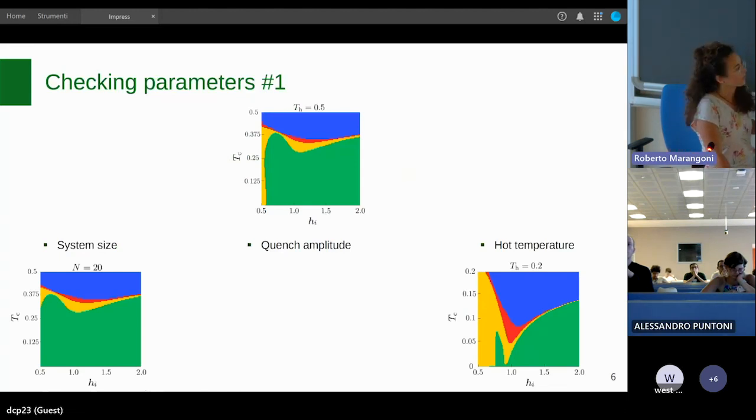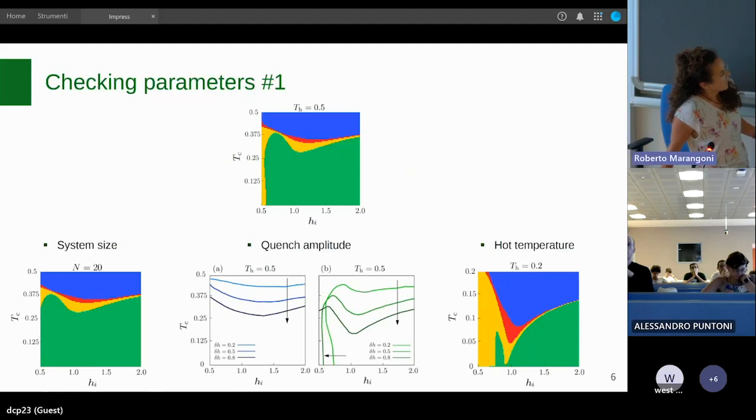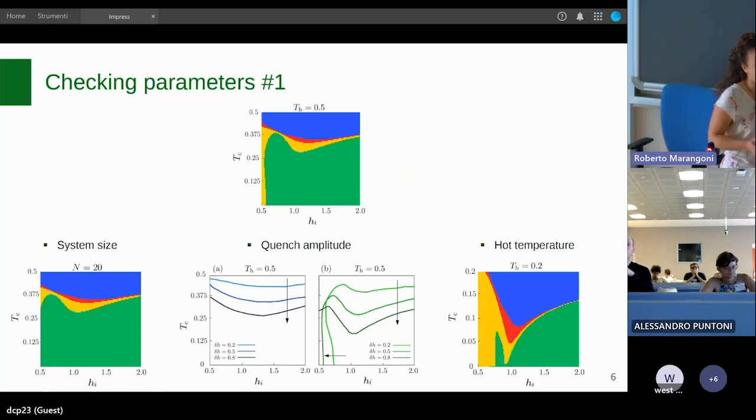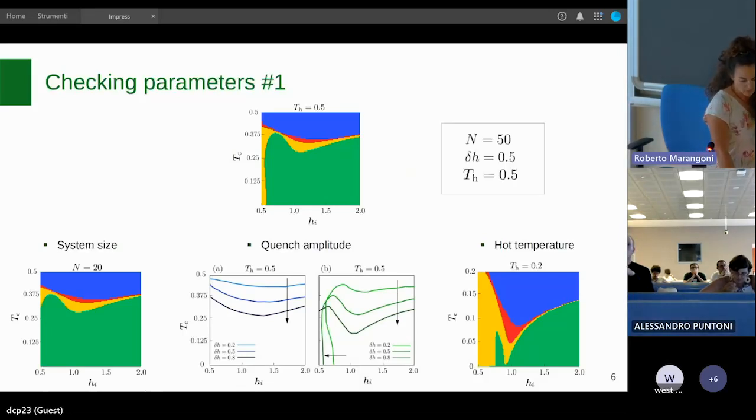The last check we have to do is what changes if we change the quench amplitude. These figures are for N equal to 50. This is how the edges move when you change the amplitude from lighter to darker, from smaller to larger quench, for the refrigerator and the heat engine. As you can see, again, the shape changed a little bit, but still you have the 4 regimes and you can use the engine as you want. For this reason, we decided, unless specified, to fix this parameter for all the simulations. This is partially true because there will be some results in which we will study by varying N.